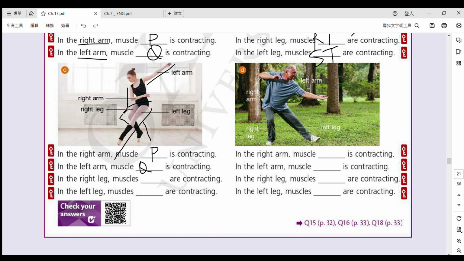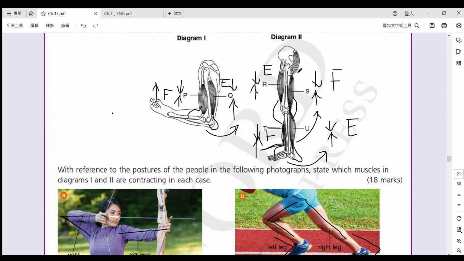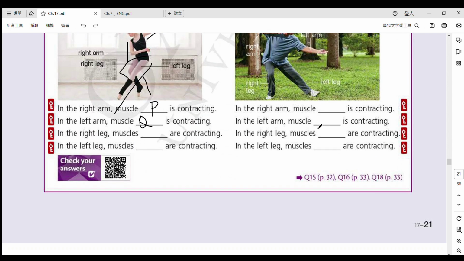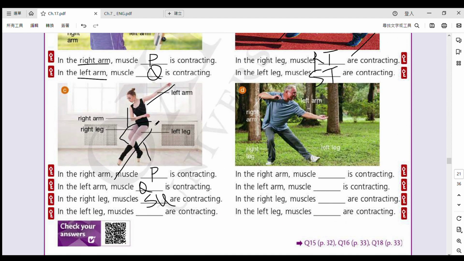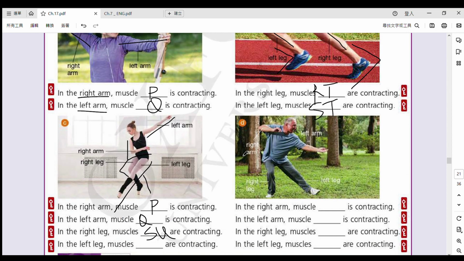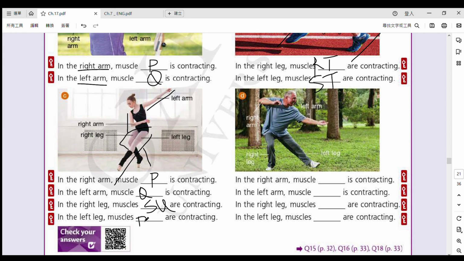Okay, 全部 straightened 嘅。Alright, let's look at right leg first. Right leg 上半部分 the upper part bending，即係代表佢係 flexor。Okay, upper part bending flexor 啦。好，lower part straightened extensor，所以 S and U。好啦，然後 in the left leg all straightened，全部 straightened，即係 extensor R and U。